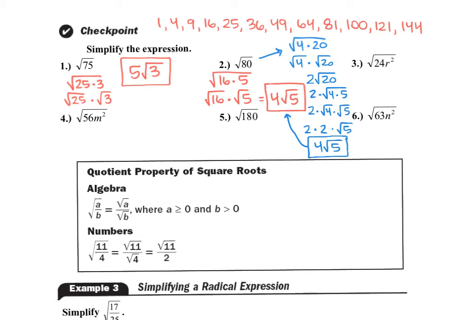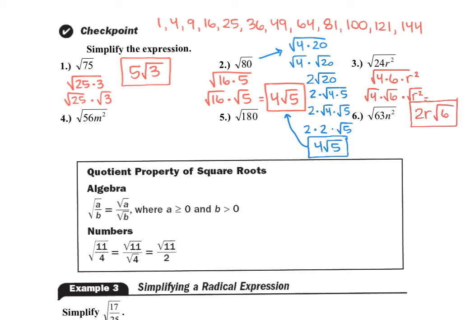The number 24 I'm going to focus on first. I'm trying to find the biggest perfect square that goes into it. And that would be 4. So I have 24 I can write as 4 times 6. And then I can't forget that r squared. So this would be the square root of 4 times the square root of 6 times the square root of r squared. So the final answer here would be 2r, again, because the square root of r squared is just r, and I want to bring that to the front before what's underneath the radical sign, times the square root